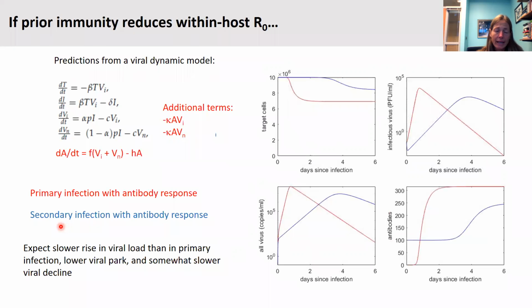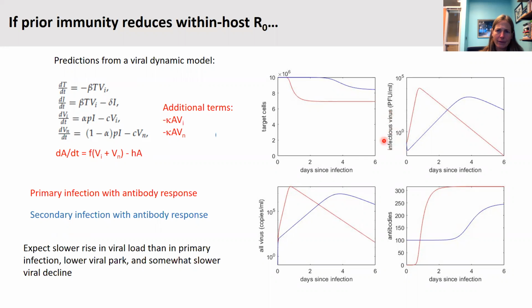But then in breakthrough infections, let's say prior immunity is from natural infection or from vaccination, secondary infections, which are breakthrough infections, that have this antibody response, you start off with a higher level of antibodies, right? A decrease in the within host R naught. So what we would expect just by intuition, right, is with a lower within host R naught, we